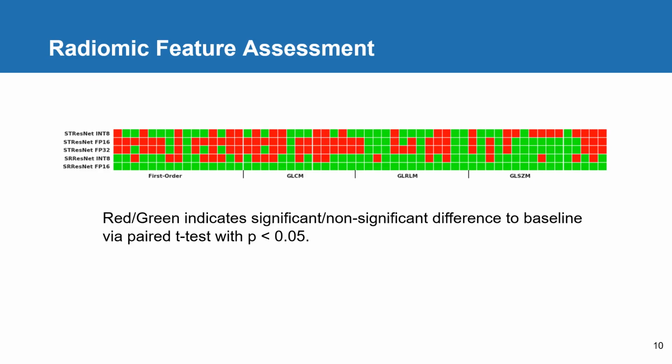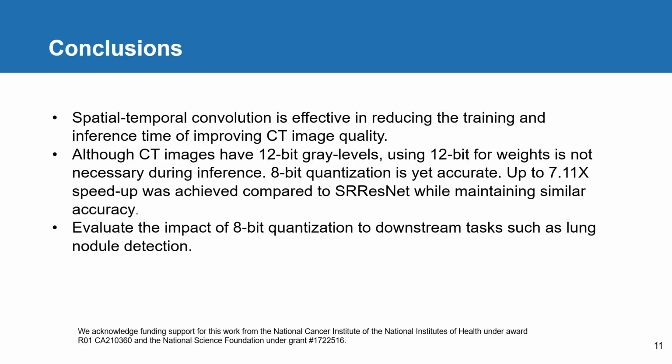We also look at radiomic feature values and compare them to the values extracted from the baseline results. We selected 57 features such as first-order intensity, gray-level co-occurrence matrix, gray-level run length matrix, and gray-level size zone matrix. We found that 54% of feature values from the output of the quantized ST-ResNet were still consistent with the baseline distribution. So in conclusion, throughout our study, we demonstrated that the spatial-temporal ResNet, ST-ResNet, reduces the training and the inference